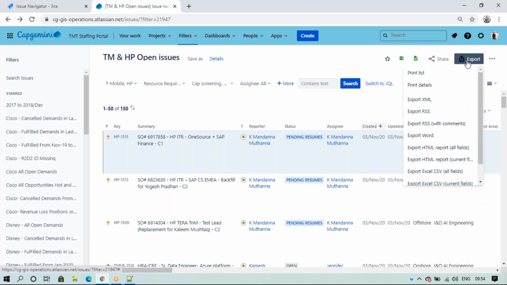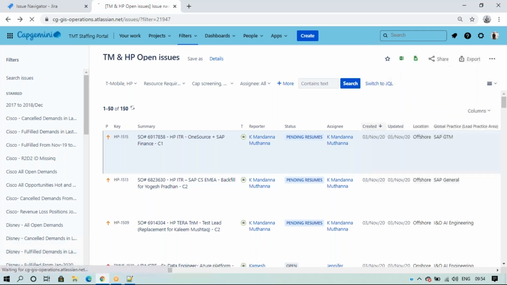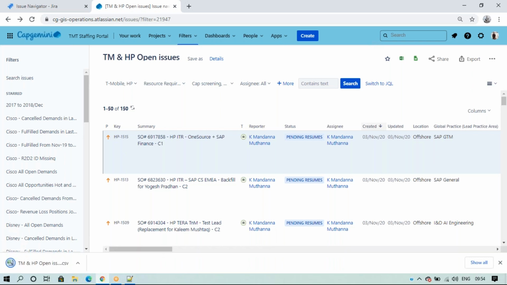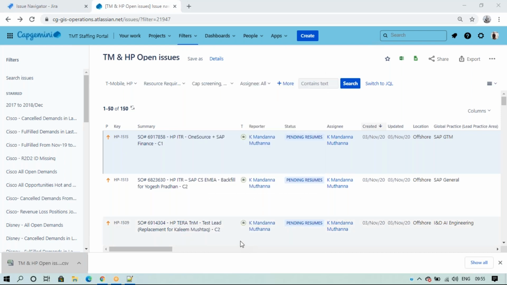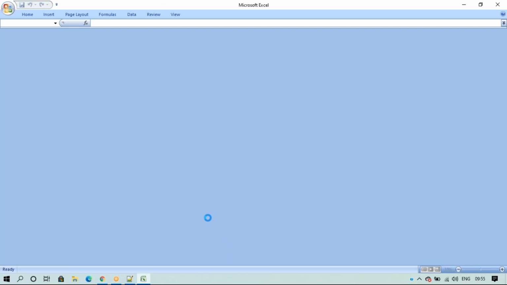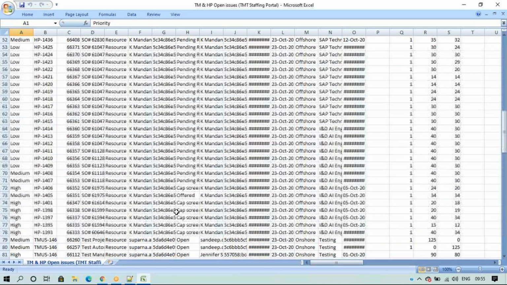All fields means everything an issue has, so that is called all fields versus current. Suppose I click on this, export current. So the export is done. If I open this Excel, see, all these issues we can export into CSV.